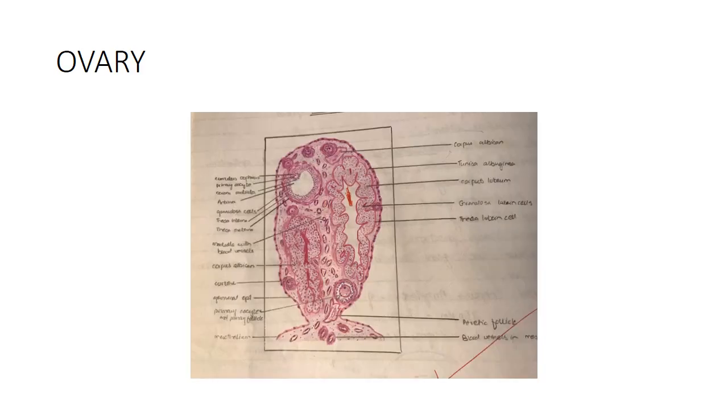This is how you are going to draw the structure of the ovary. Outside there is cuboidal epithelium, then the tunica albuginea, then the stroma, and in the peripheral part of the parenchyma you will draw the primordial follicles, and towards the deeper part you will draw all the stages of the development of the follicle, and towards the center you will draw the medulla along with the blood vessels and everything. In the diagram, you will have to show all the stages of the development of the follicle.